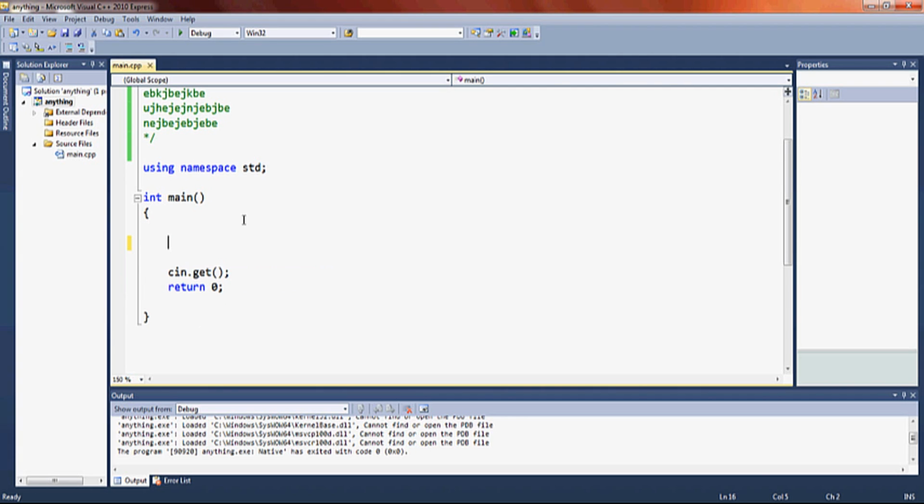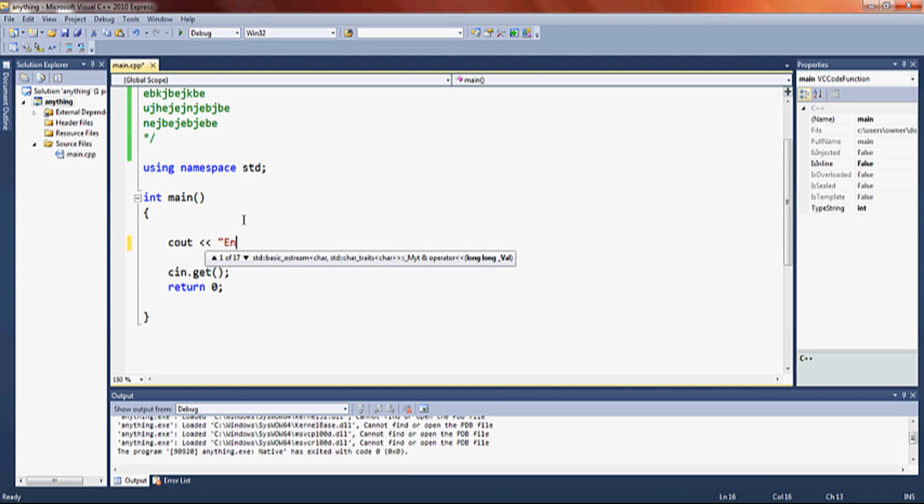So let's create a little short program. Input is the opposite of output. Input is where the user enters something with the keyboard or something, and the computer does something with that information that he typed in. In this case, we're going to be storing it in a variable. Let's just say here cout enter a number,